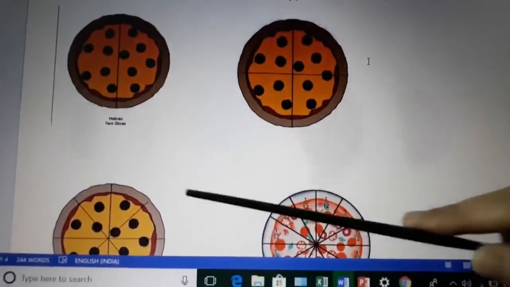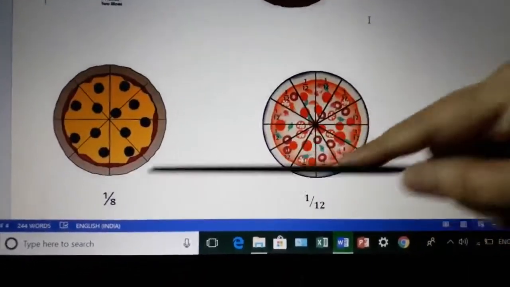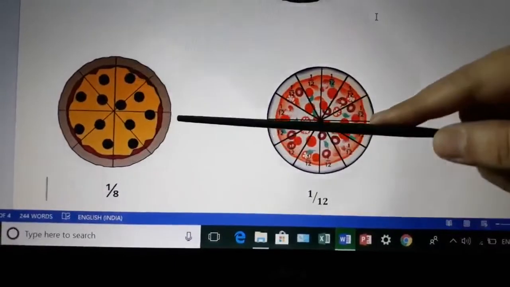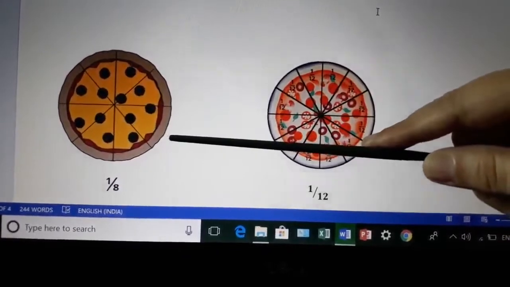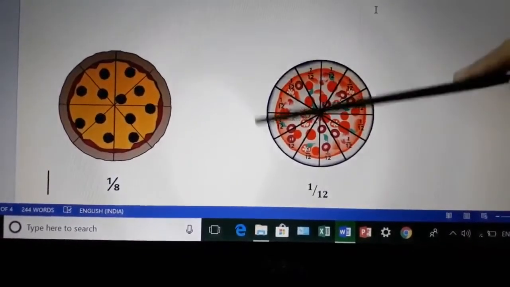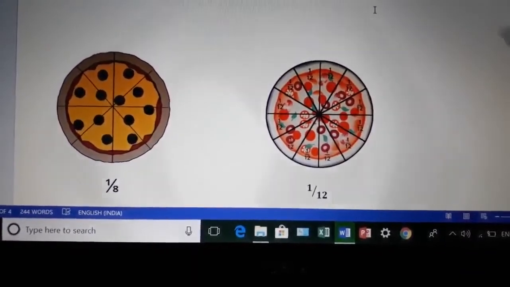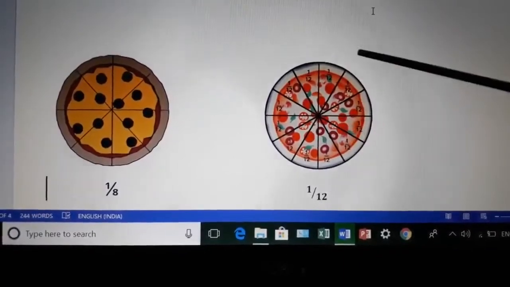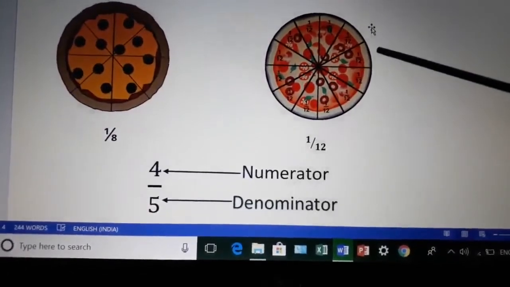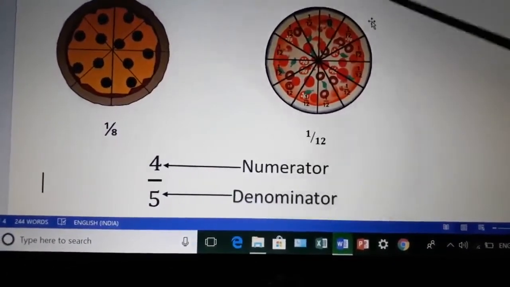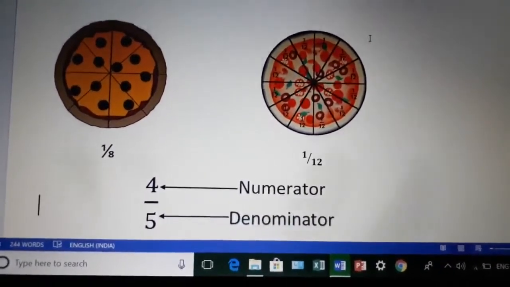Now suppose some more friends join you and now you are total 8. So what you will do? You will divide the pizza into 8 equal parts and each one of you will get 1/8. And now some more friends have joined you. So total now you are 12. You will cut the whole pizza into 12 equal parts. You can see here I have cut the pizza into 12 equal parts. So each one of you will get 1/12. Okay. So this is how the whole is divided: first we had divided into half, then 1/4, 1/8 and